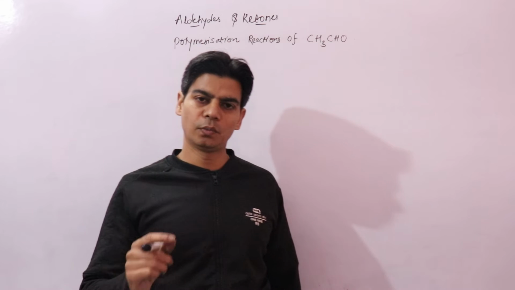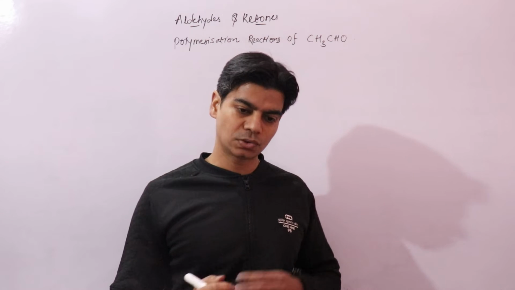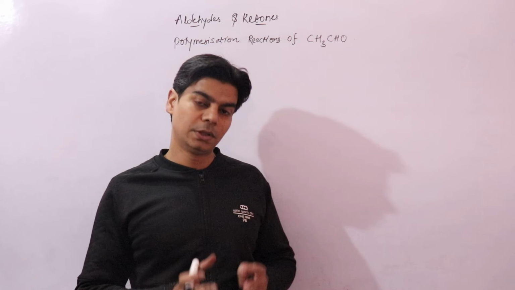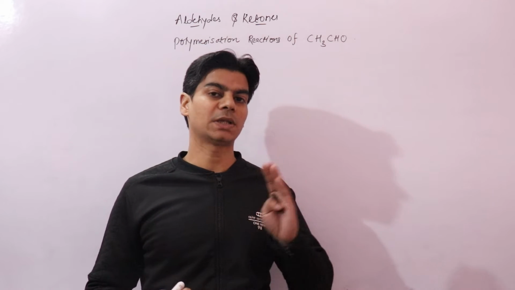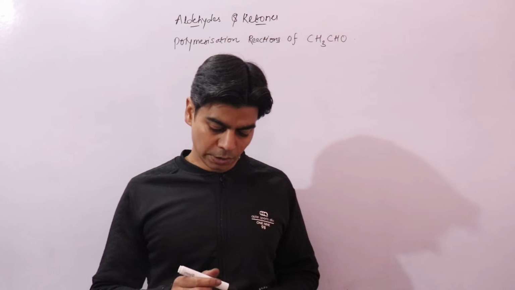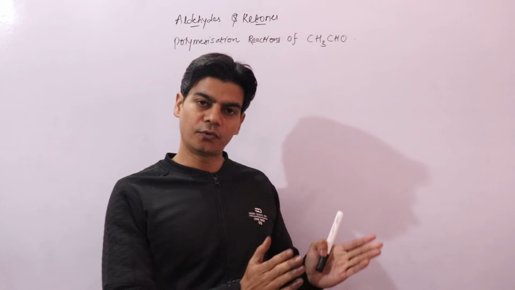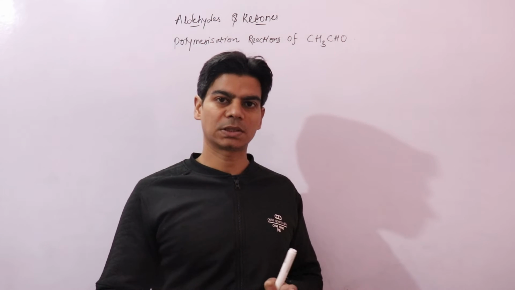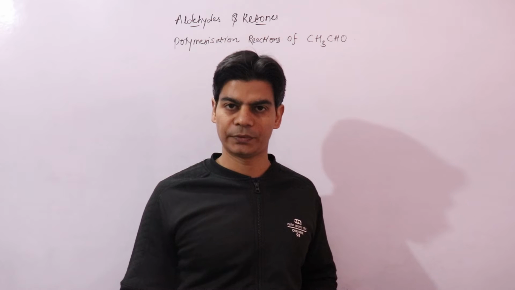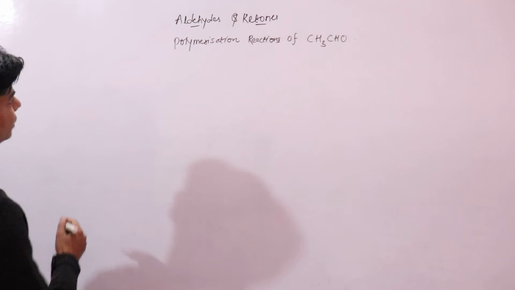If acetaldehyde is treated with concentrated sulfuric acid at room temperature, an exothermic reaction will take place with the formation of a cyclic trimer, to be correct. If you remember, we have done a similar reaction in formaldehyde, where formaldehyde gas, when allowed to stand at room temperature, also forms a cyclic trimer known as trioxane, or metaformaldehyde. So a similar kind of reaction would be here.